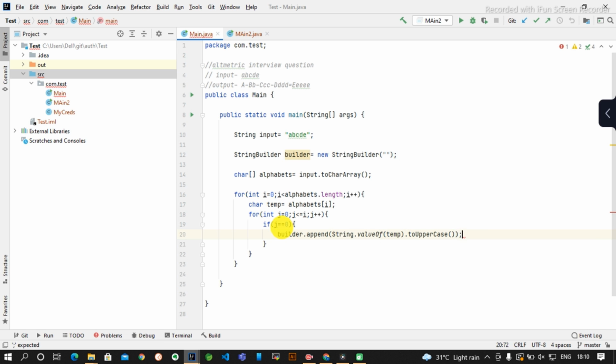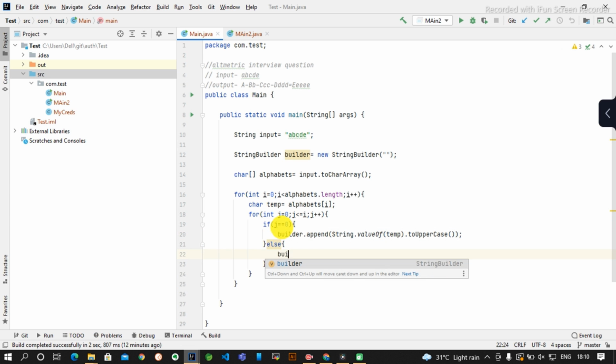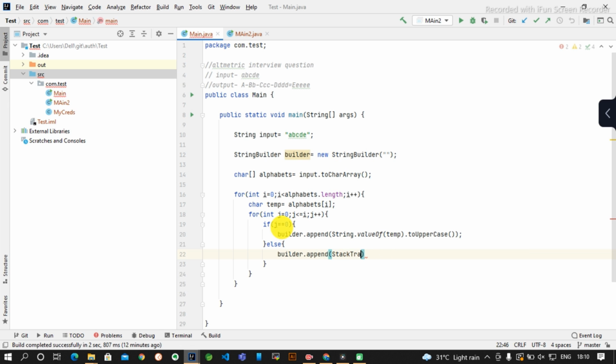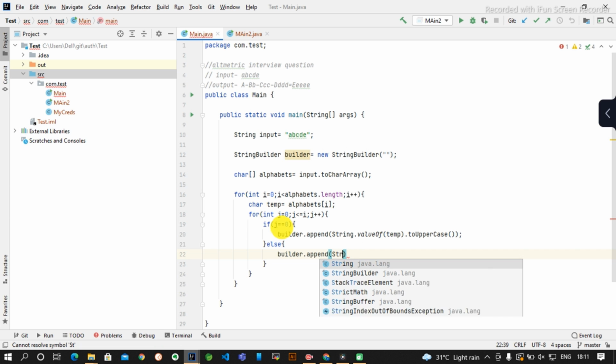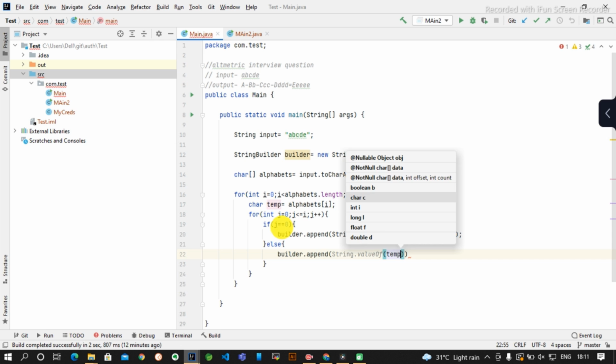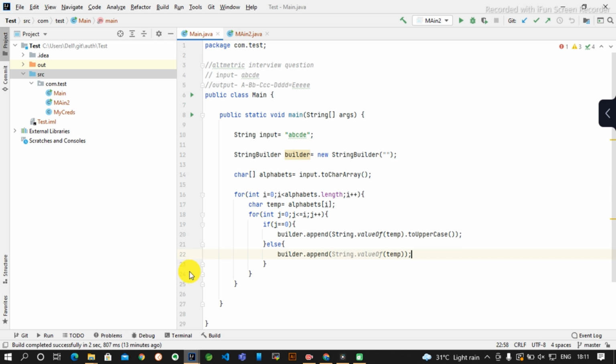Okay, else directly we will use builder dot append String dot valueOf temp. So now let's print the builder. System out builder. So let's see what is happening.